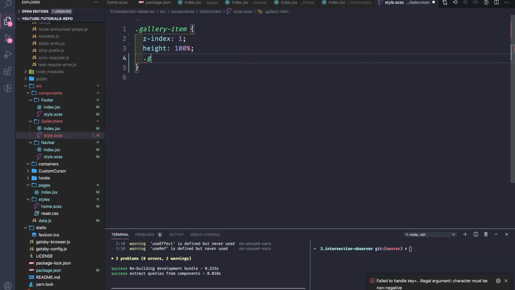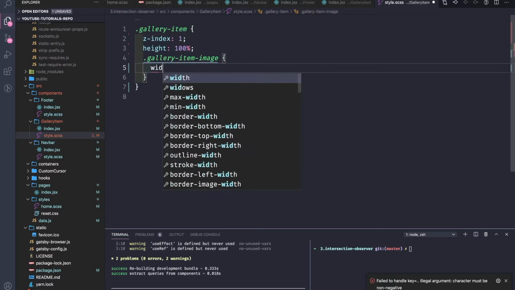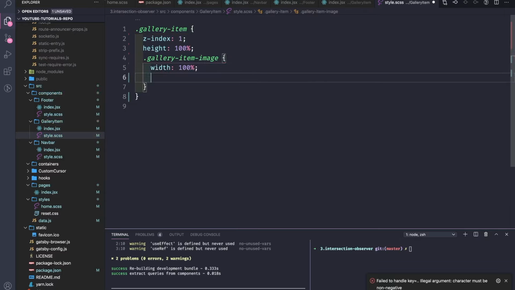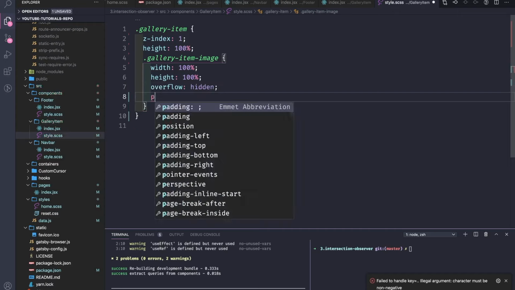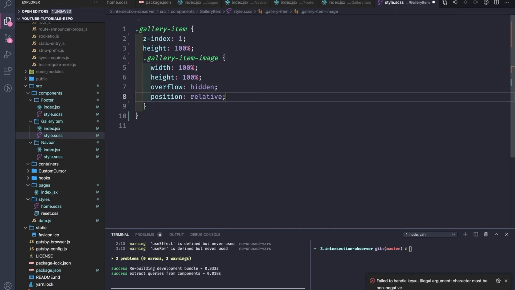And for the gallery item image, we'll have the width of 100%, the height of 100%, the overflow to be hidden, the position to be relative, and then